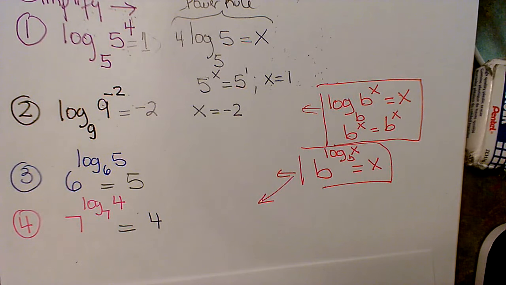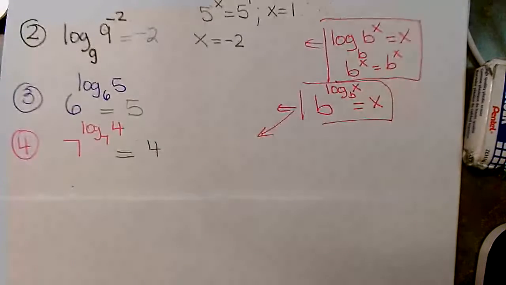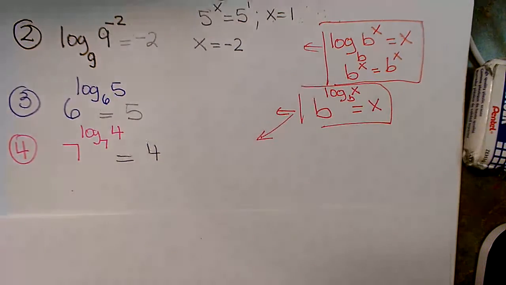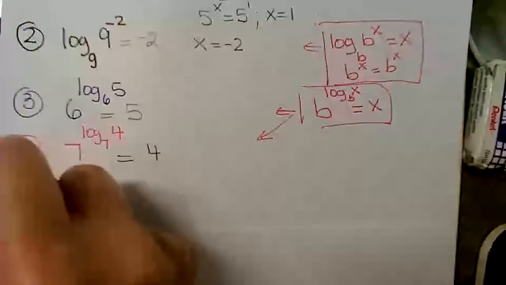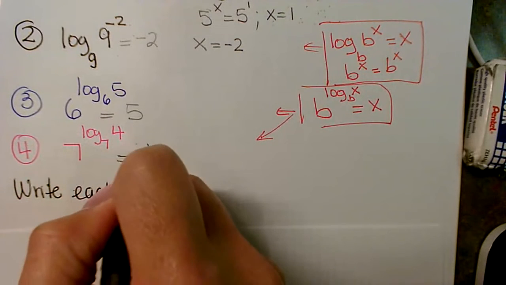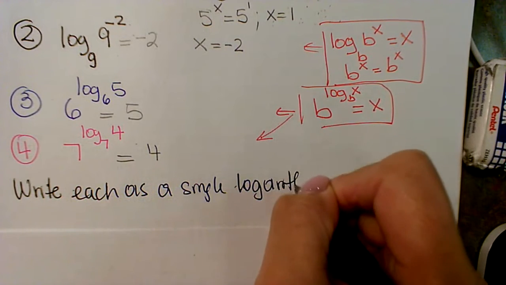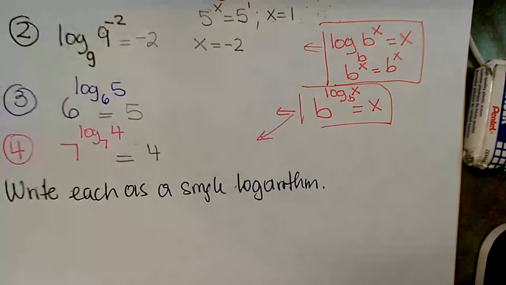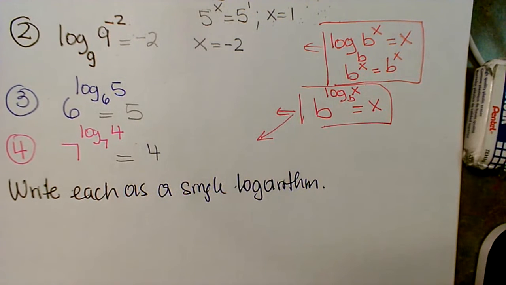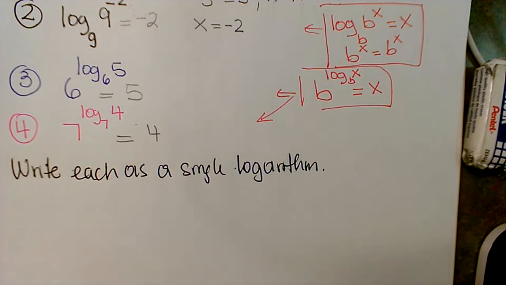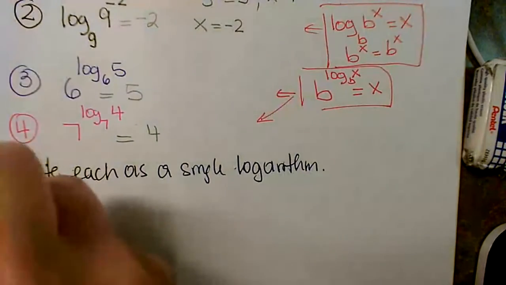What is this one? 7. So we have, it says that we need to write, they want us to write it as a single one, okay? So here's the first one. 4, 1